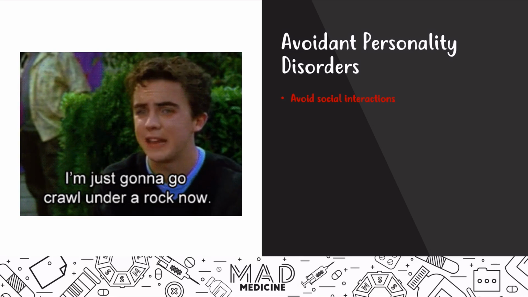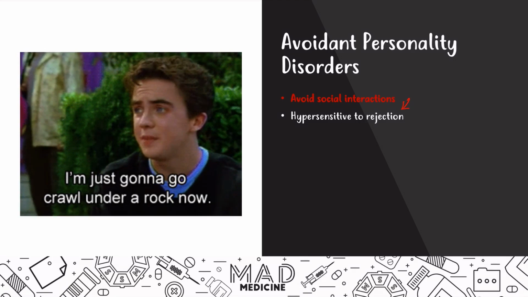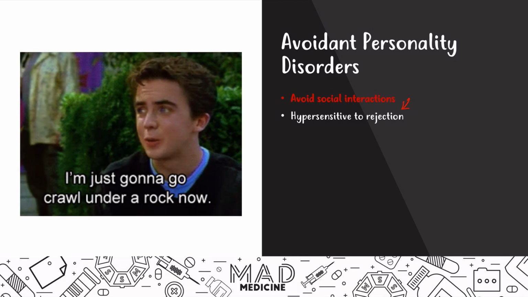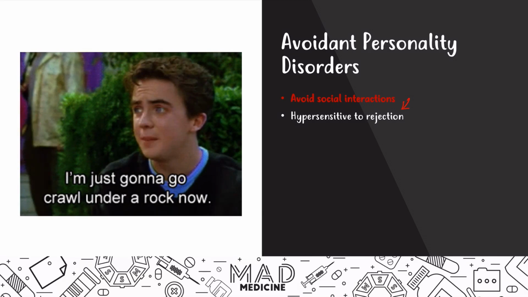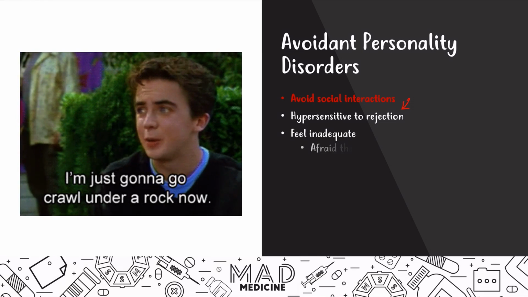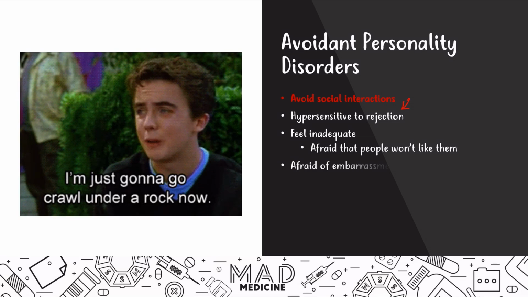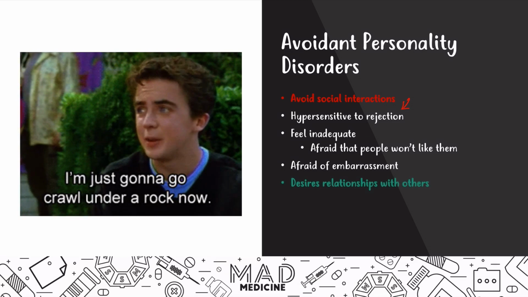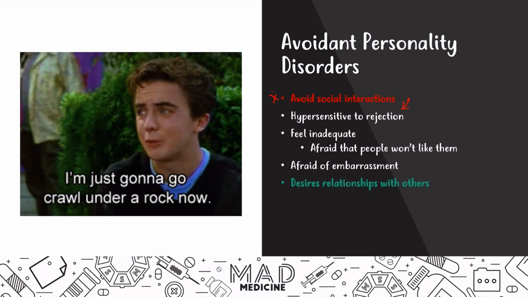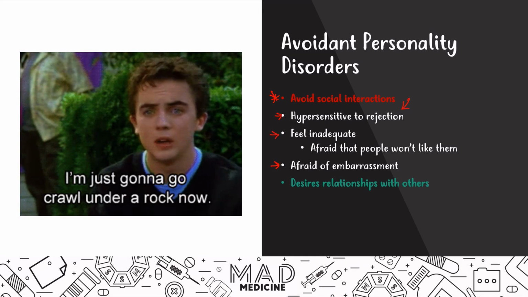In avoidant personality disorder, it's involuntary, meaning they're hypersensitive to rejection, and it's actually kind of a phobia that they might have. They might be afraid of getting rejected, or of people not understanding them, and because of that, they try to avoid society and social interactions. They have a fear of being inadequate, and they're afraid that people won't like them in general. They're just afraid, right? That's why we call them the worried personalities. They're afraid of embarrassment, and they desire relationships with others, but they cannot create those relationships simply because they avoid social interaction, and they're just afraid of everything else, right? They feel inadequate, and they're afraid of embarrassment.